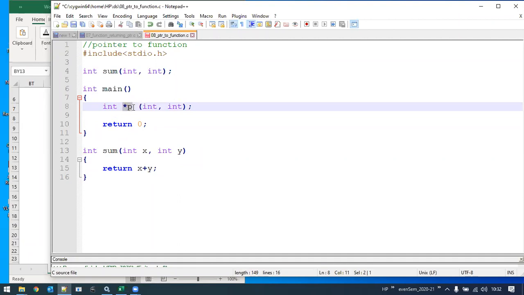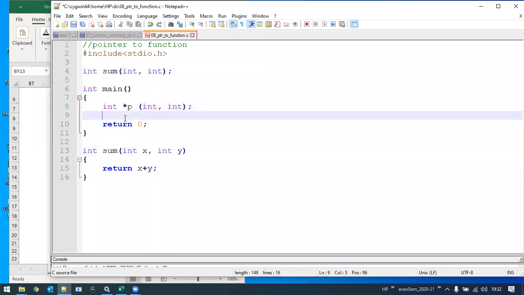Now this particular pointer p has the capability to store the address of a function which can take 2 arguments of integer data type and which can return an integer value.